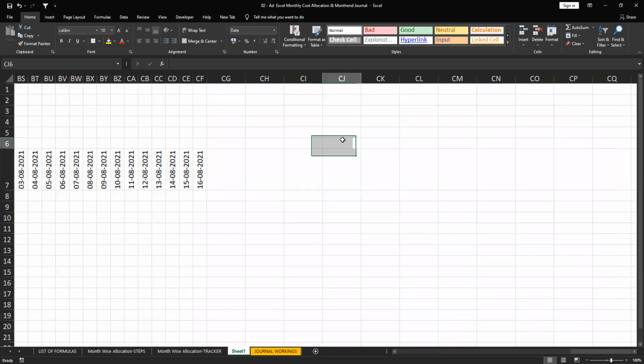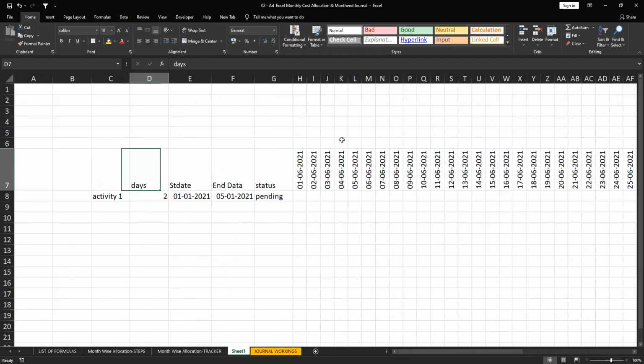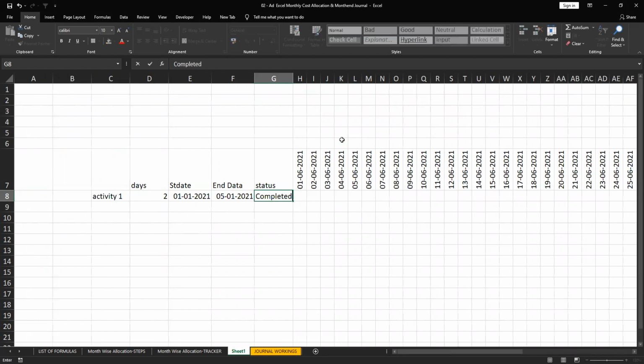The logic is the same, but you need to know how to apply this. See here, I have the dates, right? Whatever dates I have given here, based on those dates, it will highlight the plan. Suppose pending, suppose tomorrow I need to complete. Completed, I need green alert.